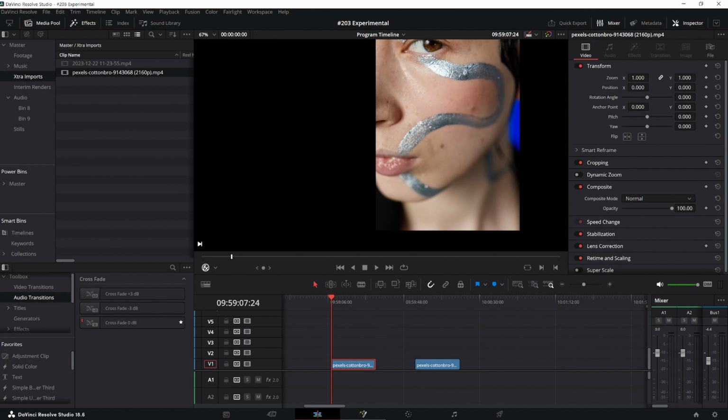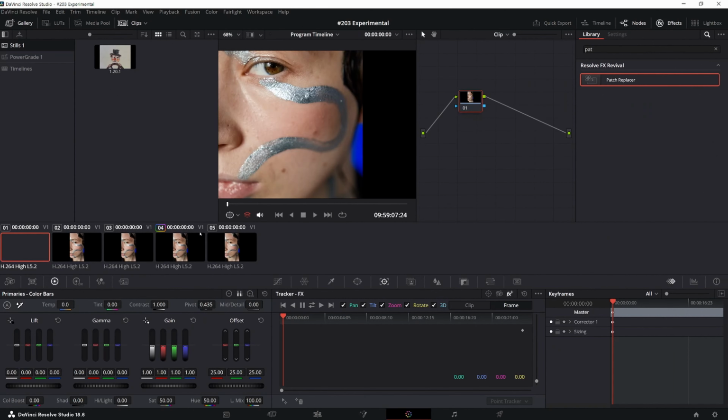In order to do that, I'm going into the colour page, and we'll be using the patch replacer. You find that in the effects, so you click on that, and the magnifying glass, you can write in pat, and that's the beginning of patch replacer, and it's there ready. We will put another node there, and then we will track this